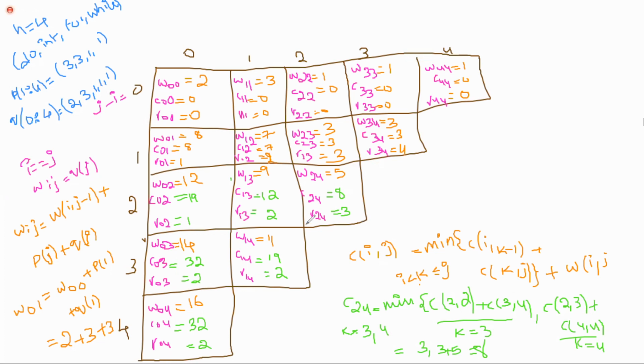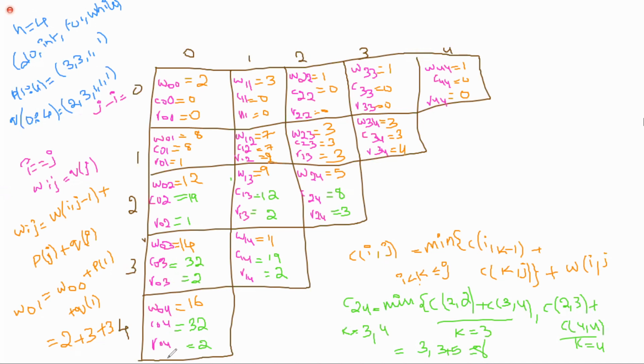Okay then. Will you be able to find out the remaining, C03? Here how many k values are possible? 2, 3, ma'am. 2, 3 and 4. Same, ma'am. 2, 3 and 4. Check once. Here 1, 2, 3, 4. 4 values are possible, ma'am. Here the k value is only 1. Here 2 values are possible. Here 3 values are possible. Here 4 values are possible. 1, 2, 3, 4.